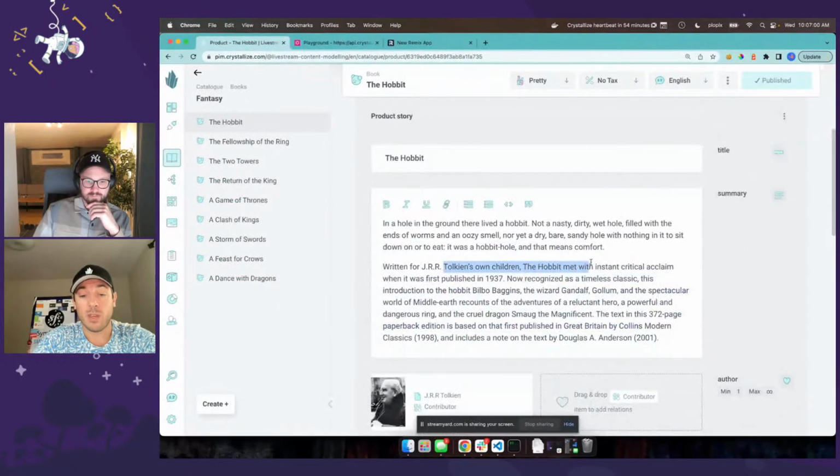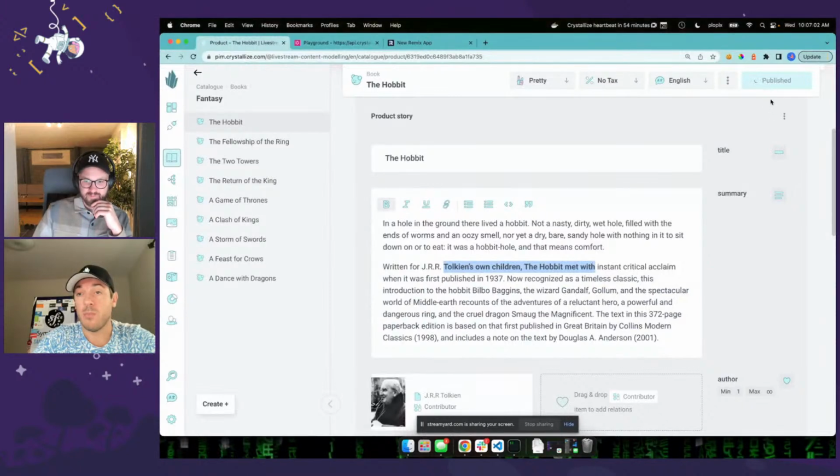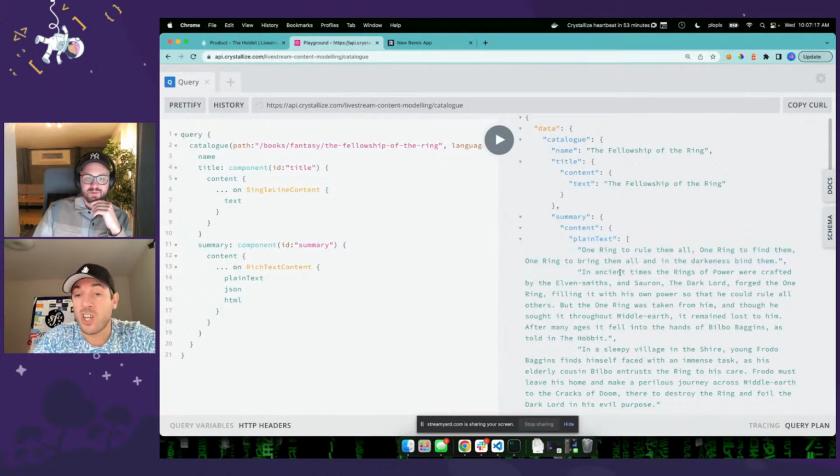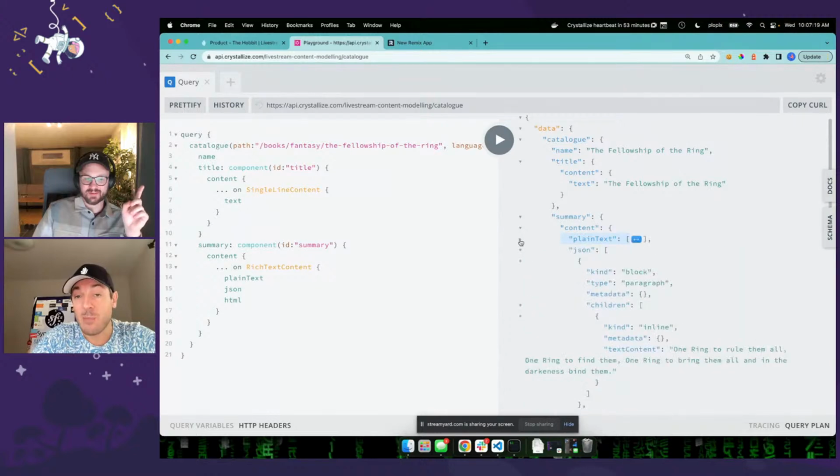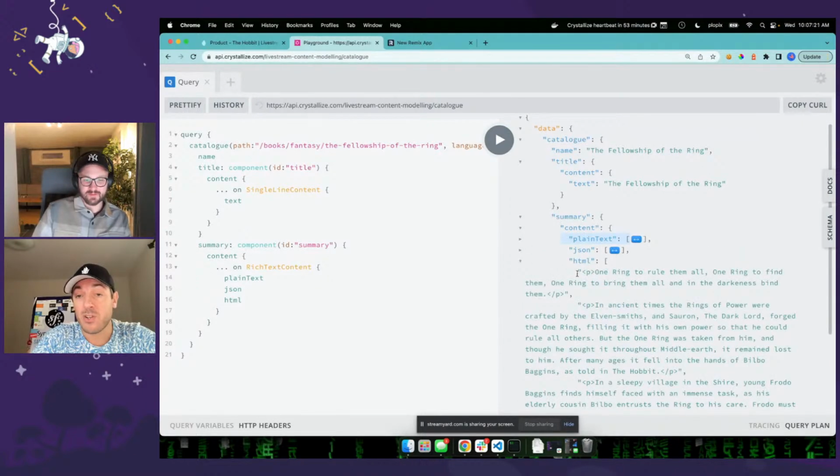So let me do something cool here. I'm going to put this in bold, and I'm going to publish. I'm going to make it even this way, so it's going to be simpler. So this is bold. Of course, it's a structure, right? It's a rich text, so it's not going to change anything in plain text, of course. But if you look at the HTML version,